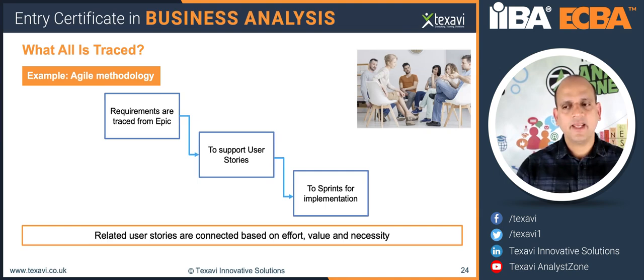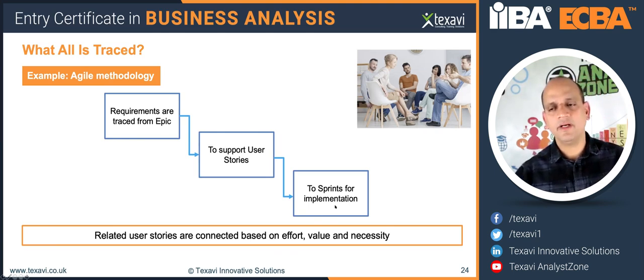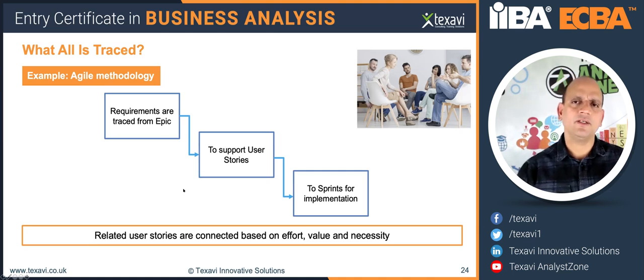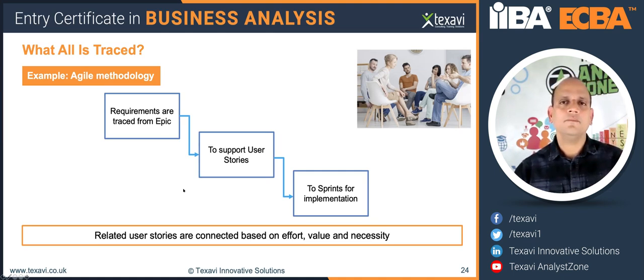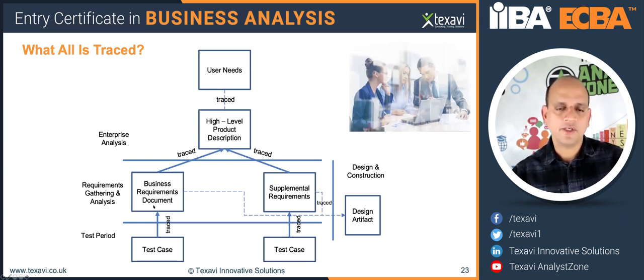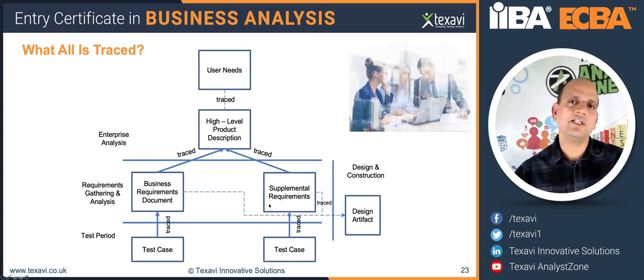So all of these things are very, very important, very practically. We'll try and do that for each set of user stories, and then we would say that this is going into the sprint based on all the estimates and the priority, and then we'll implement that into the sprint, and that gets delivered as part of the product delivery. So that's how it's done in Agile. It's again similar, but it's just that you're calling it an epic, and then you've got themes, epics, user stories and tasks. Whereas in the other, usually this is what we call functional requirement and non-functional requirement in the traditional way. It's not that different. It's just the terminology that's